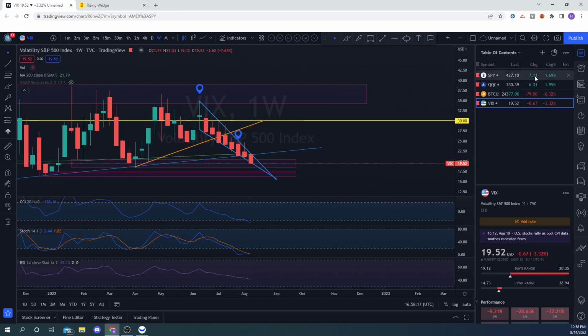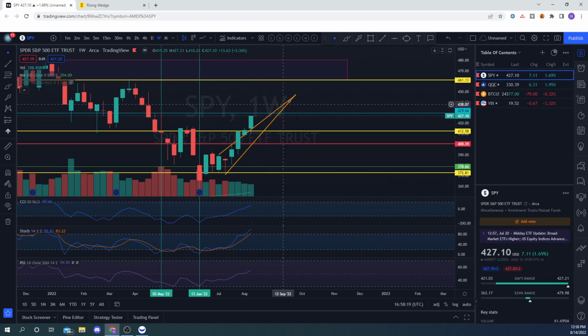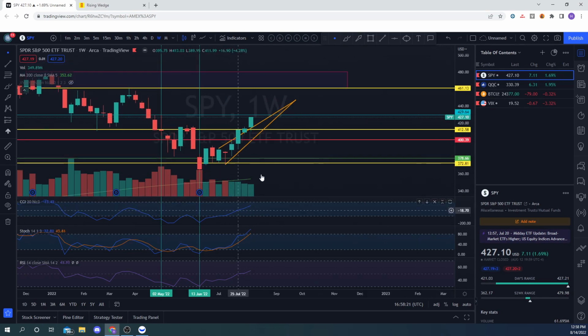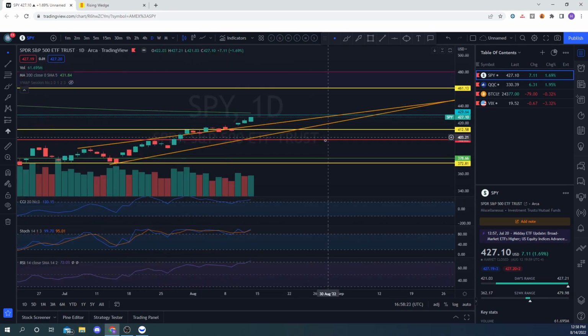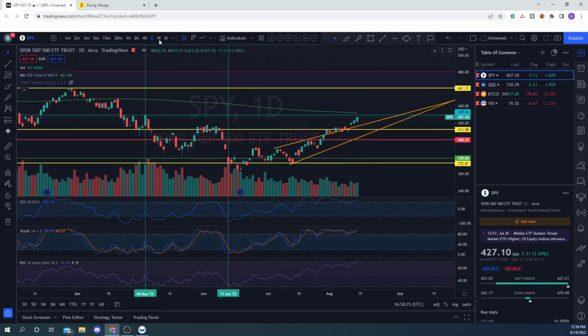I think we are at the point where, on the weekly time frame, it looks like we could keep pushing. But we've been talking about it. You're getting all these bearish divergences. You're coming up to these levels right here. You break this level, there's a chance you come up to this level. You've got the 200 MA right here at this level. So if you hit this level, you're probably going to hit this level, bust through this level,